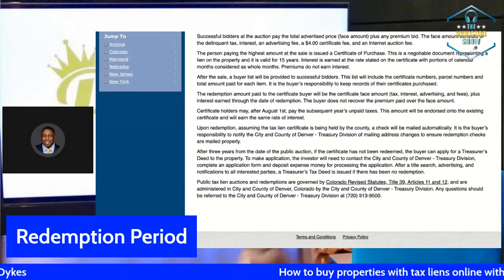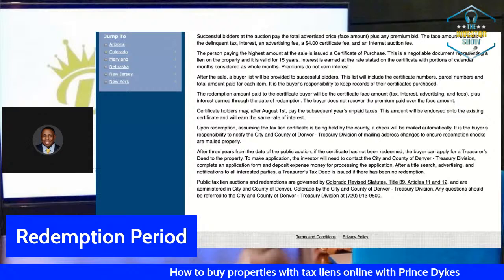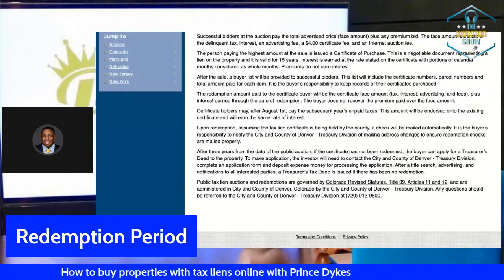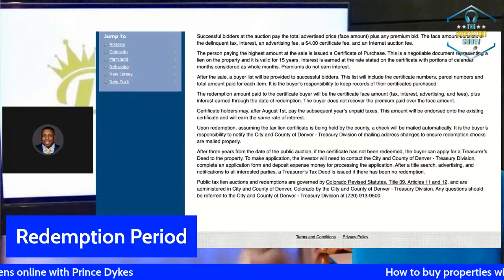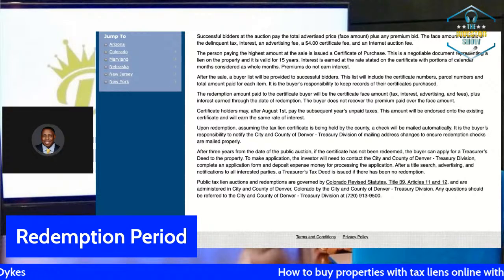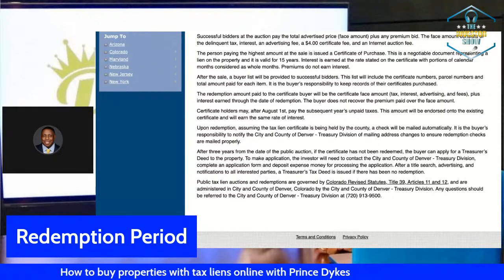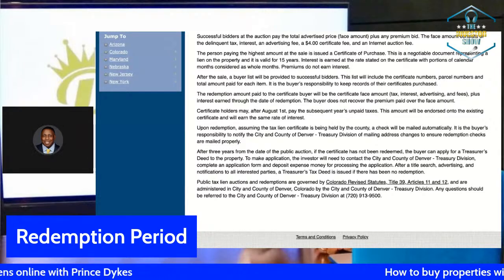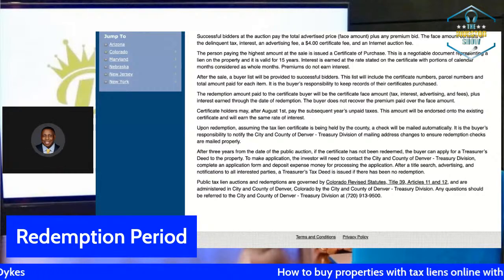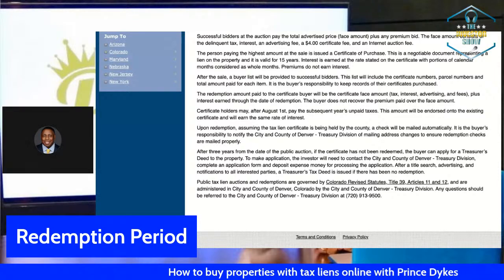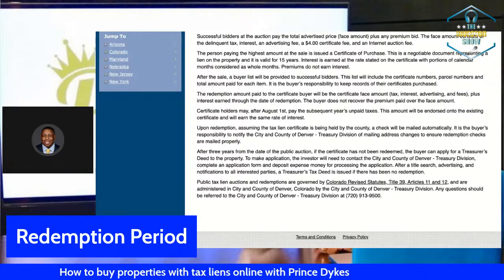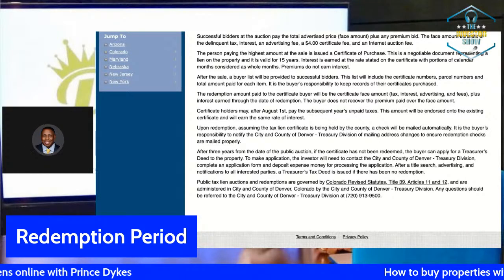So after 3 years, after the redemption period has expired, you can file the paperwork. You can hire a tax lien attorney if you want to go down and file the paperwork to have the land. You can pretty much say, hey, I have a lien on this property. I've had it for 3 years and I want to go ahead and get a tax lien deed. Then the tax assessor would advertise it. They would try to reach the people to say, hey, you owe taxes on this land. We're about to give this land away. What are you doing? And you have to pay all the filing fees and the advertising and stuff like that. If they don't get a response, then you can file to have that land.